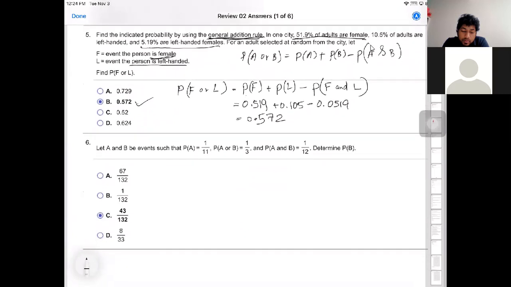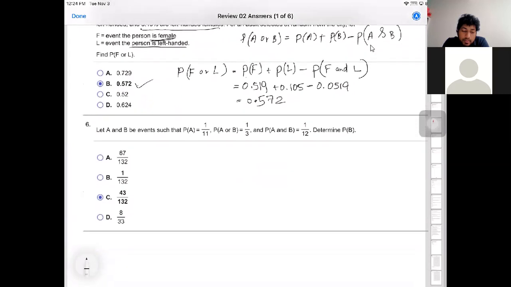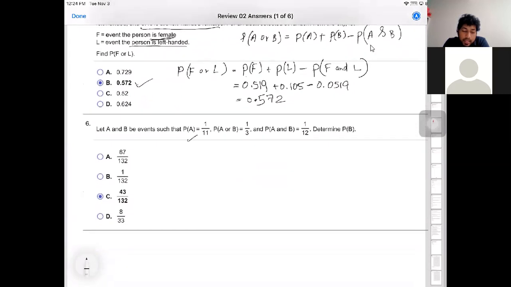This is also a general addition rule question. They have given P(A), P(A or B), P(A and B). You have to find P(B). So you have to just swap the terms, then you can figure it out. Okay, I'll do this example. What is the general addition rule? Probability of A or B equals to,